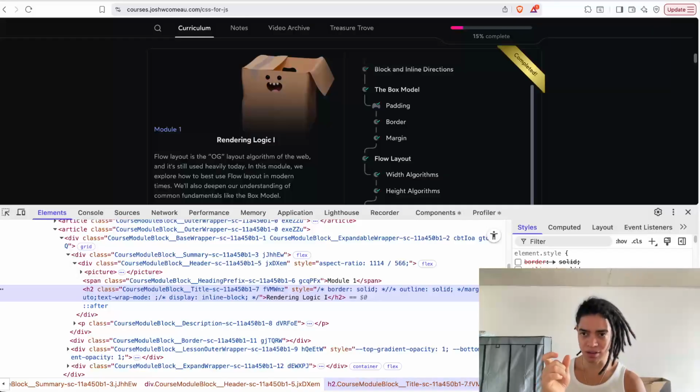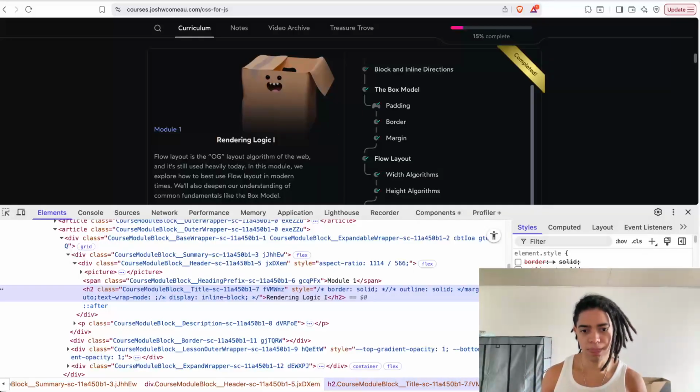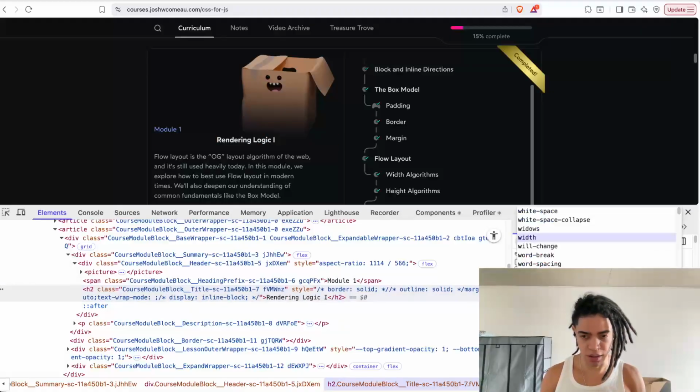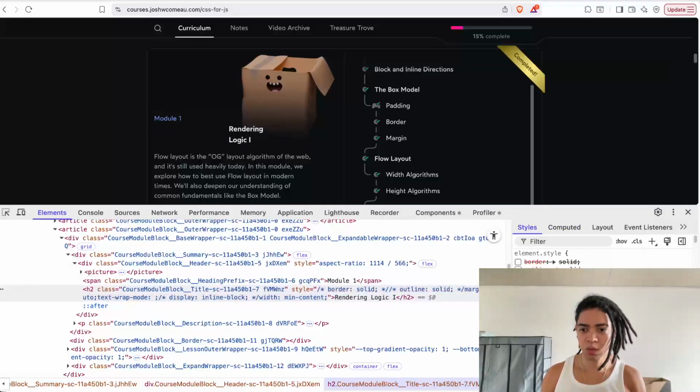I also look at the difference between the min content and max content. So min content says, what will be the smallest? For example, if I say the width is min content, it will look at the widest child element, and that will be the width of that element. But if I say max content, it will take the unbreakable